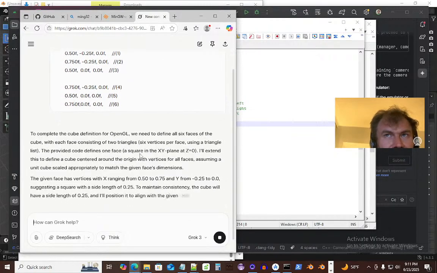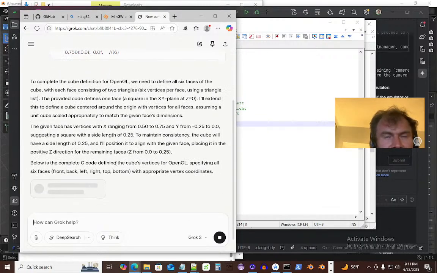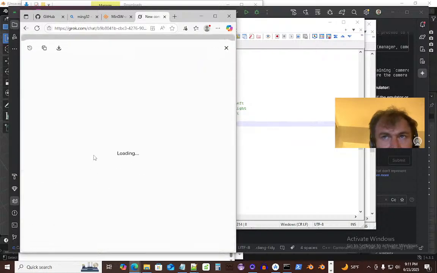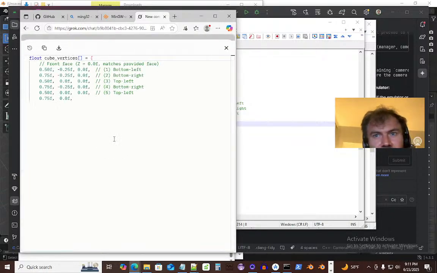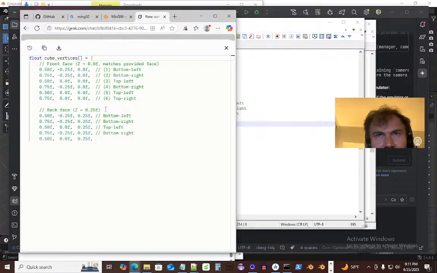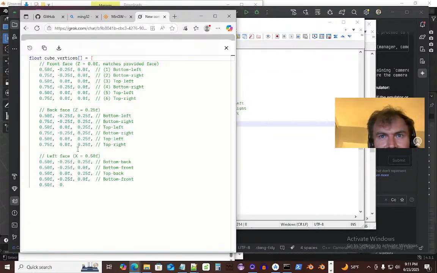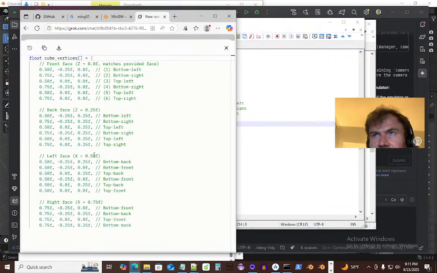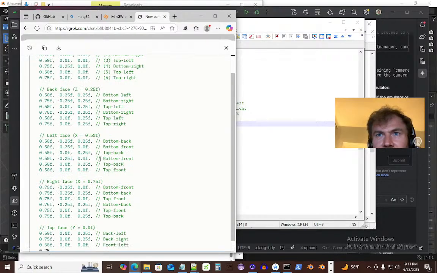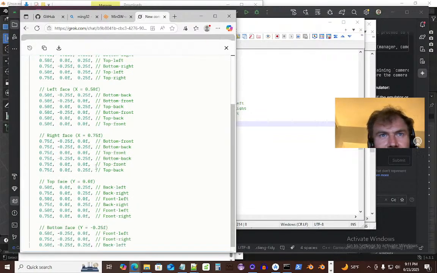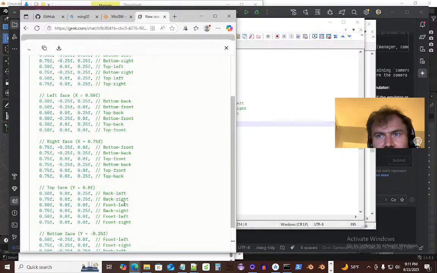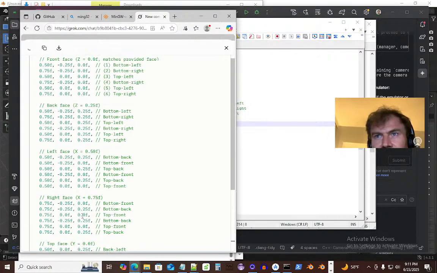Okay. It just might not get the errors I need. I mean, it might not. I should be able to see. Okay, that looks right. Back face, left face. Now, there could be more explanation to this. Like, you could really mess around with the cube for a long time. But for our intents and purposes,